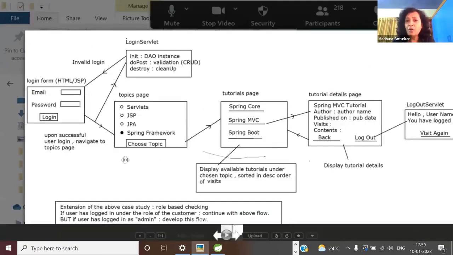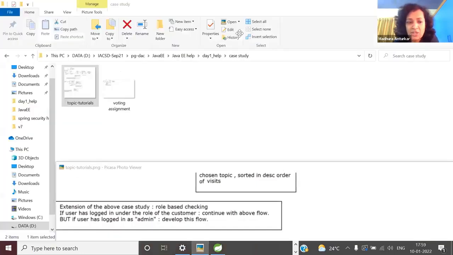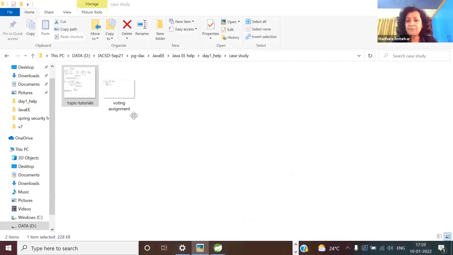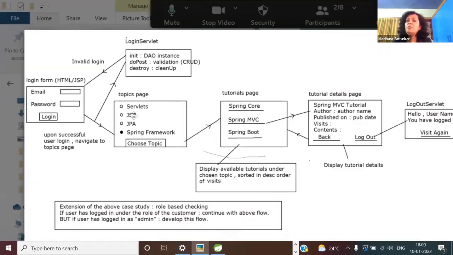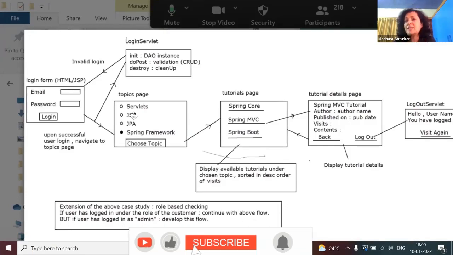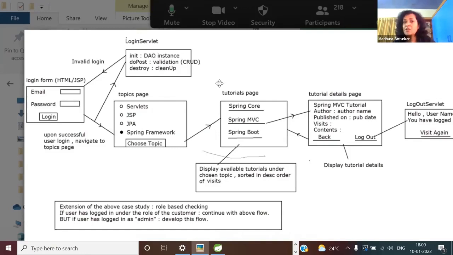So tell me, is the login to logout flow, the data flow, clear or not clear? It's not a hard thing to understand. In your projects and all, you will have more complex flows than this. So this is your basic data flow. Let me check. Everyone is clear with that? This is what you observe any day. So have I started you on web programming today? I cannot. It is only the database part, and that too very basic things I'm going to ask you to keep ready. So this was the introduction of the case study, which we will do throughout this week.